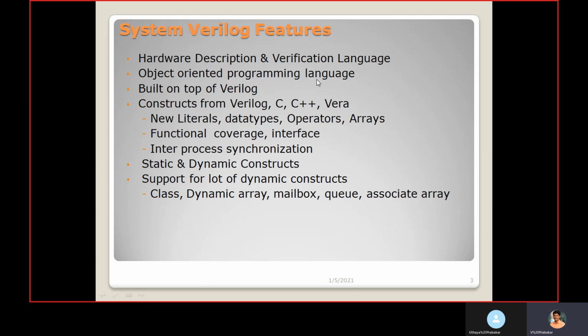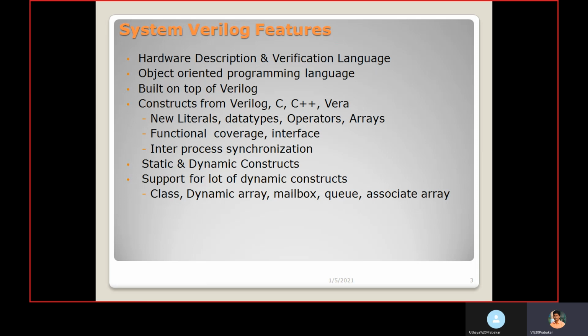Then object-oriented programming. It is a very important feature in SystemVerilog, and this concept is taken from C and C++. When you need, we can create objects that are dynamic in nature. If you see the Verilog test bench, all are static in nature. When you implement that, real hardware memory is created for it. But for doing verification, it is not necessary to create memory.